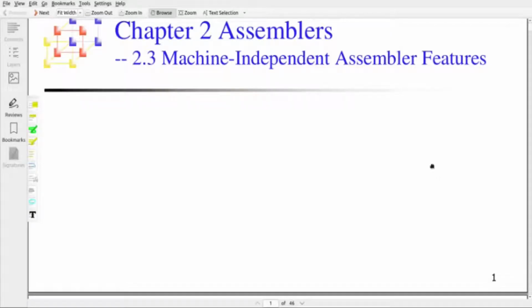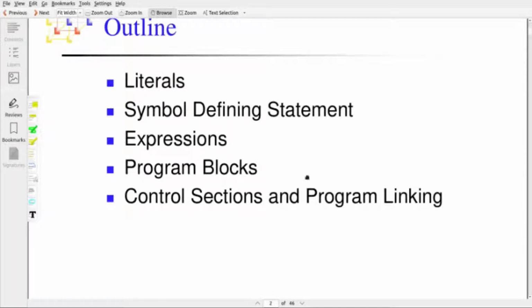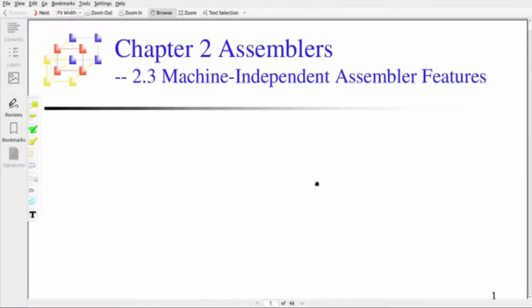In this video, I am going to discuss another set of assembler features, called machine independent assembler features. In this category, a few features will be discussed, all independent of the underlying architecture for which the assembler creates object code.